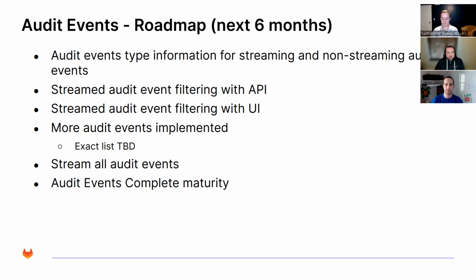One big feature that we are looking at adding right now, the audit events, there are 2 places that you can look at to see those. One of them is the streamed audit events. The other one is the UI for non-streamed events. We'll be looking at adding all of the non-streamed events into the streaming audit events, so that you can effectively get those into whatever system you need, and you're not missing anything that might be going on.